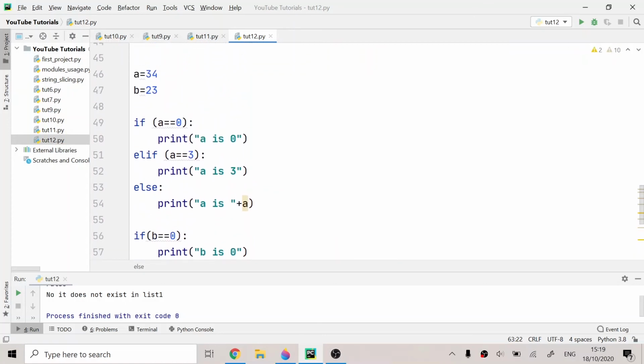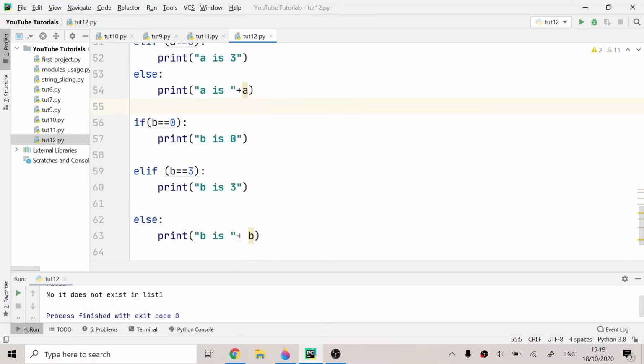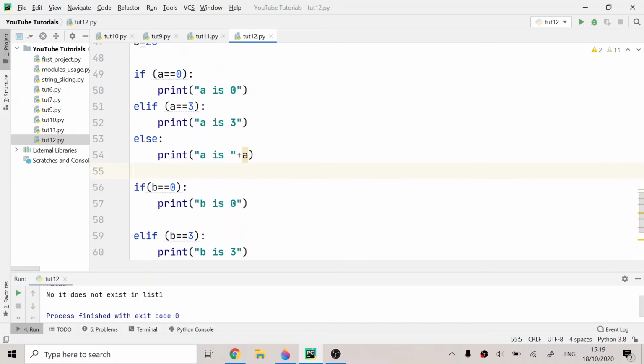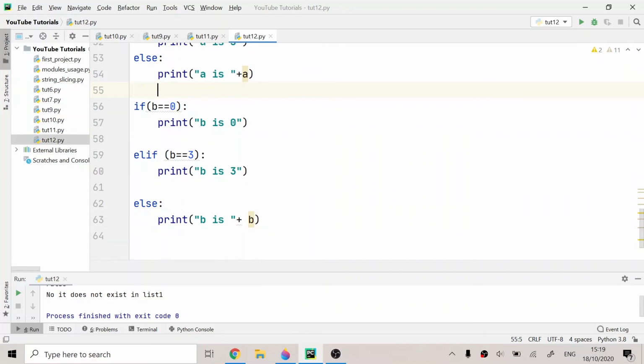If I run this, as you can see, the program will go through this ladder, and as it sees another if, this is really important, it will check this condition as well. It won't stop here. That means that whenever the program faces another if, it starts again. It does not terminate after the else statement. So it will check if b is equal to 0, that is false, and after that it will print this. So if I run this,